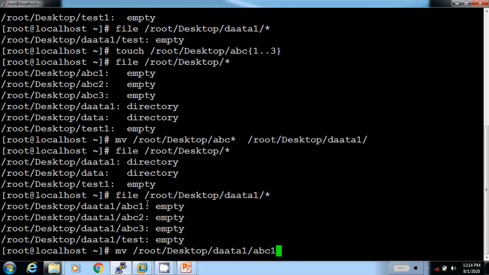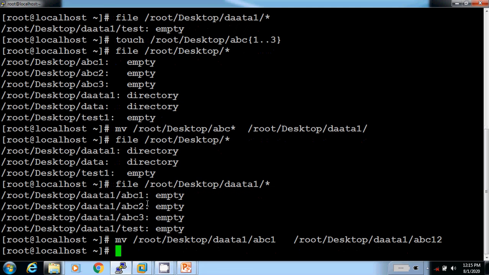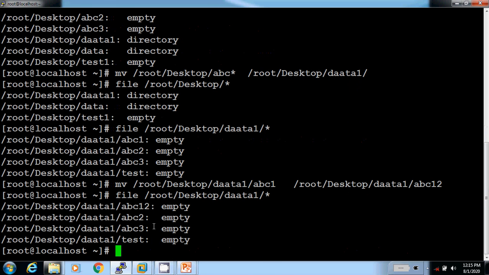Now the new name is root desktop data1, name is abc12. Now I check whether the file is renamed or not. File root desktop data1. Now see, file abc1 is renamed to abc12.